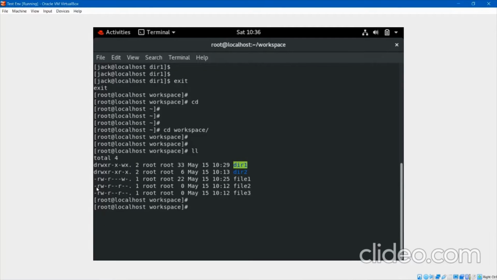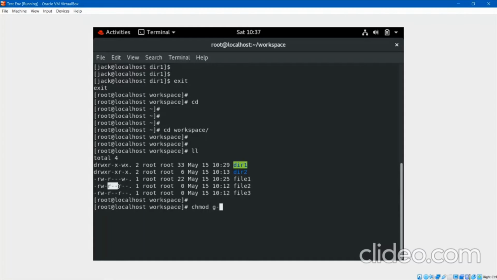Now let me change something for group. How can I change it? The same command, same thing: chmod. For group we have g. Suppose this is directory 1. Let me do something with a file. For the file, you can see the last 3 are r dash dash, and before that we have r dash dash. So these 3 are for groups.